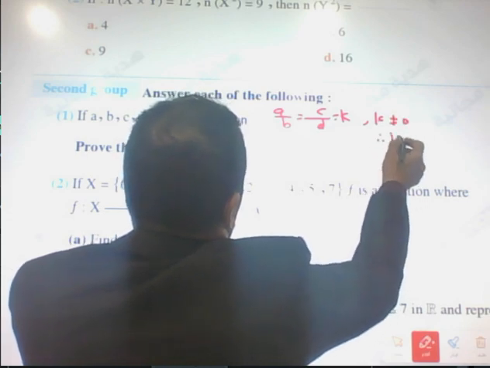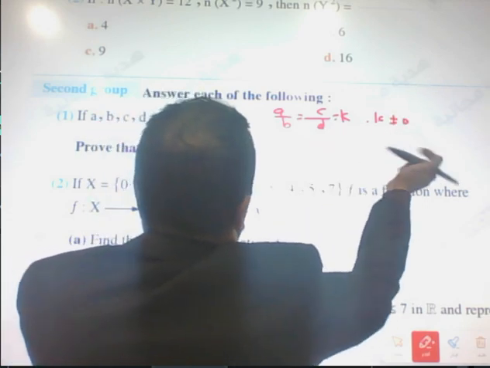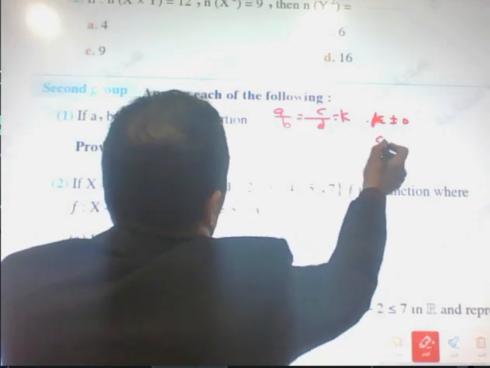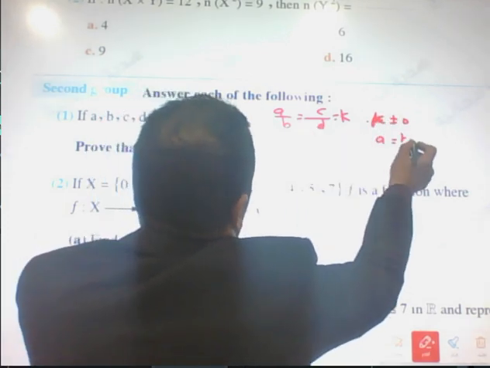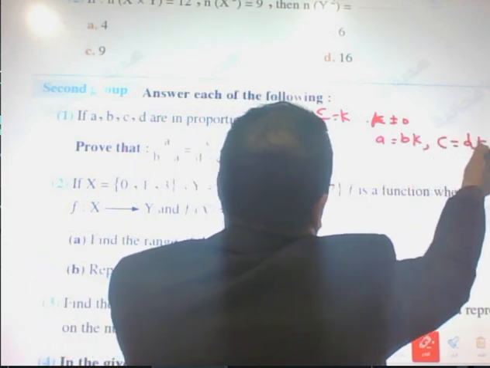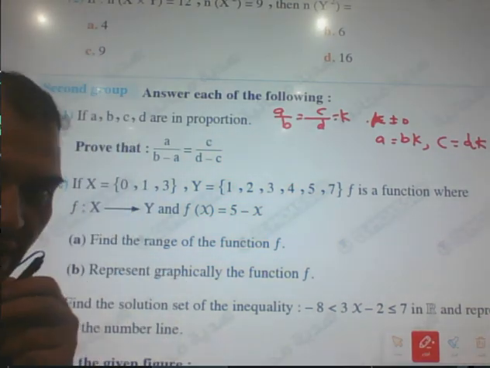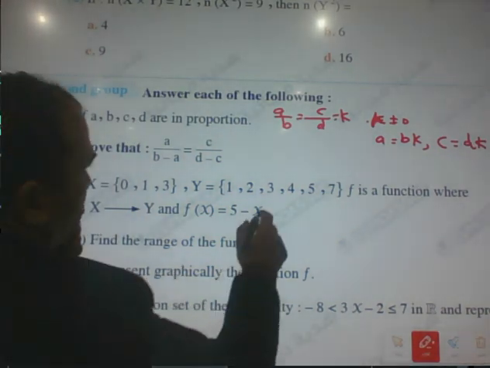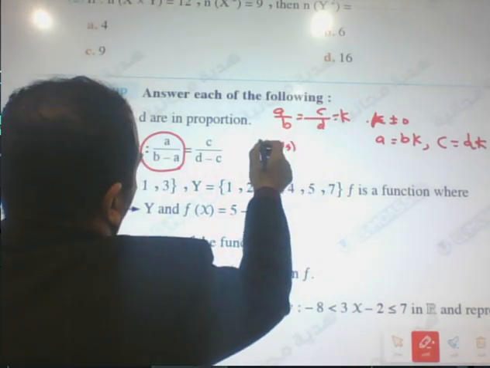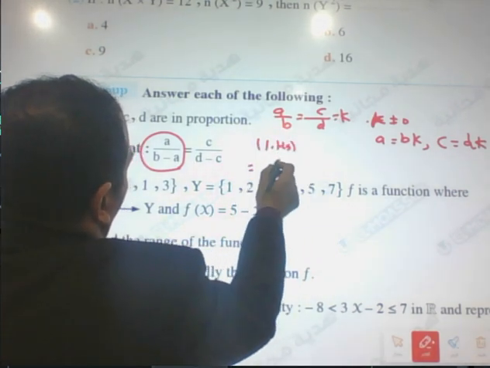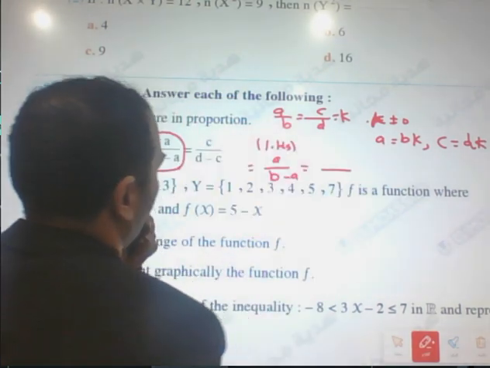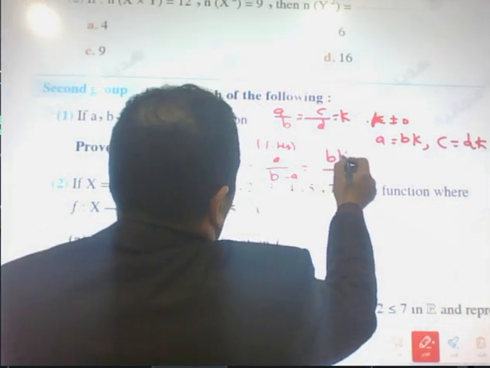Then the value of A equals B times K, and the value of C equals D times K. Okay, we have A and C. Start from the left hand side here. Left hand side equals A over B subtract A. The value of A was BK, right? BK over B